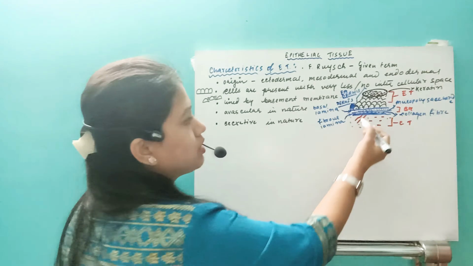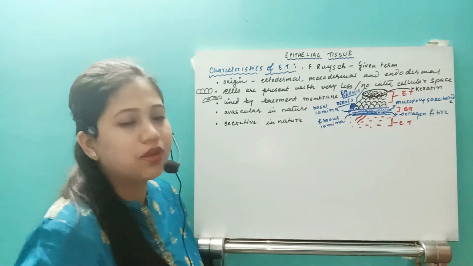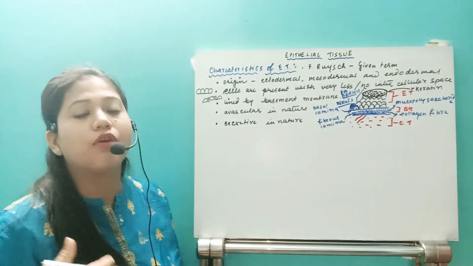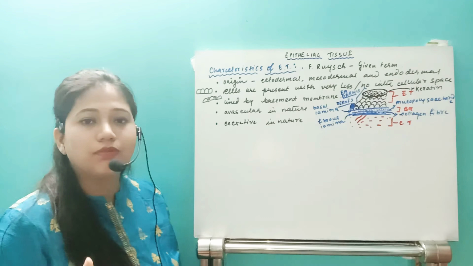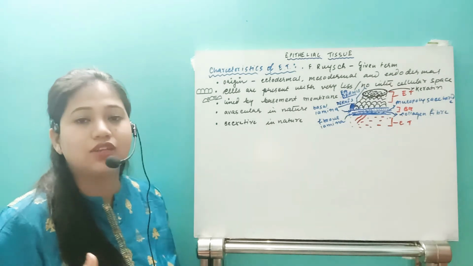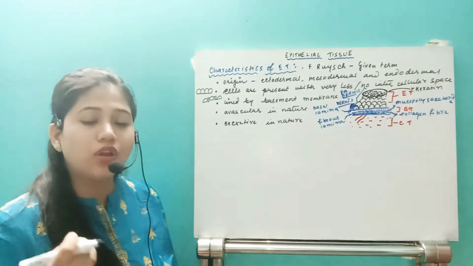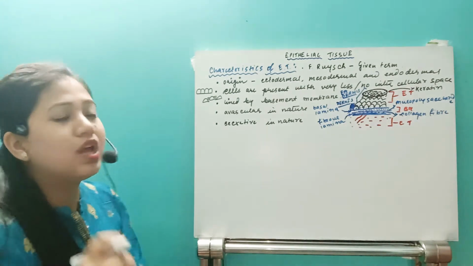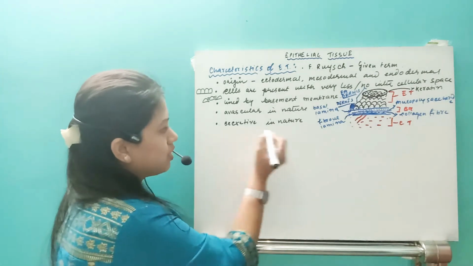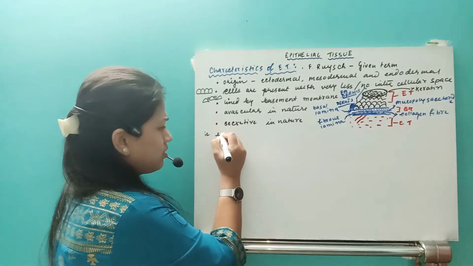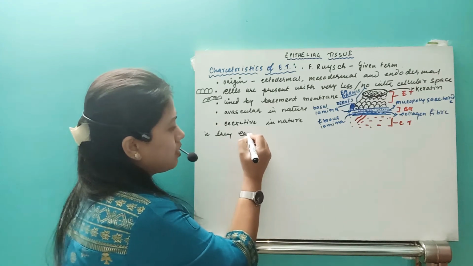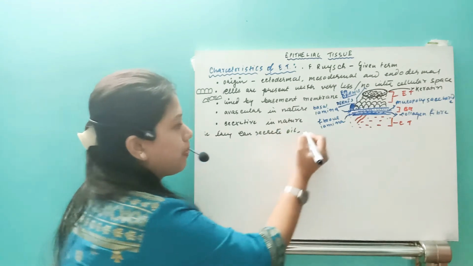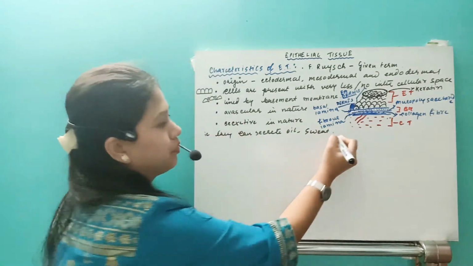See, I have told here this is the dermis layer. Just above the basement membrane, what we have? Dermis layer. So that dermis is provided with different types of glands. Those glands will be, suppose, sweat gland, then sebaceous gland, oil gland. They're all present in the dermis layer. That is, this epithelial tissue can secrete oil or sweat, etc.